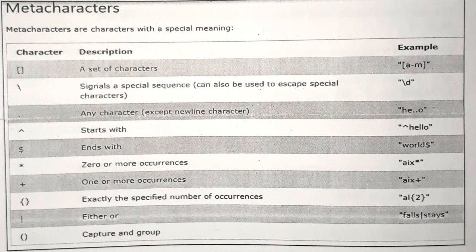Next meta character is asterisk, which we have just now used in our program. So basically in case of asterisk, it means 0 or more occurrence. Like just see the example AIX. At the starting we have written AIX, then we are having asterisk. So this means that after AIX, any character can be present and it's 0 or more occurrence. Means repetition of the character is allowed. Even if the specific character is not present, that is okay. Or we can have one or more occurrence.